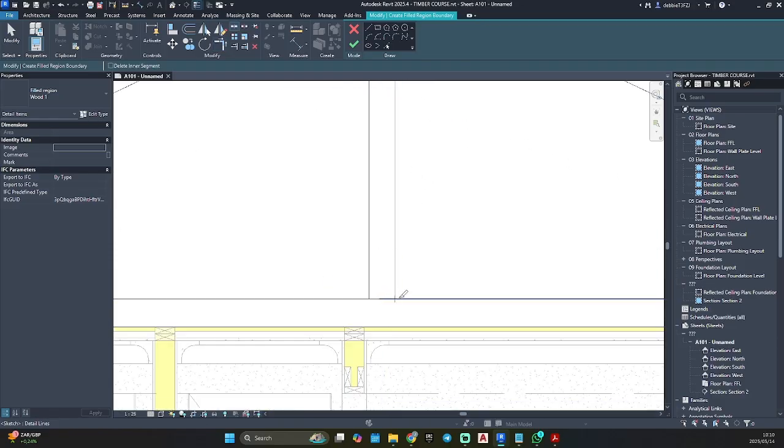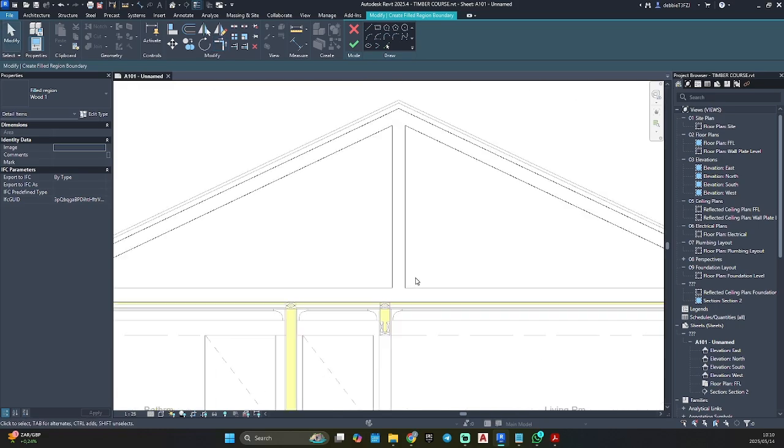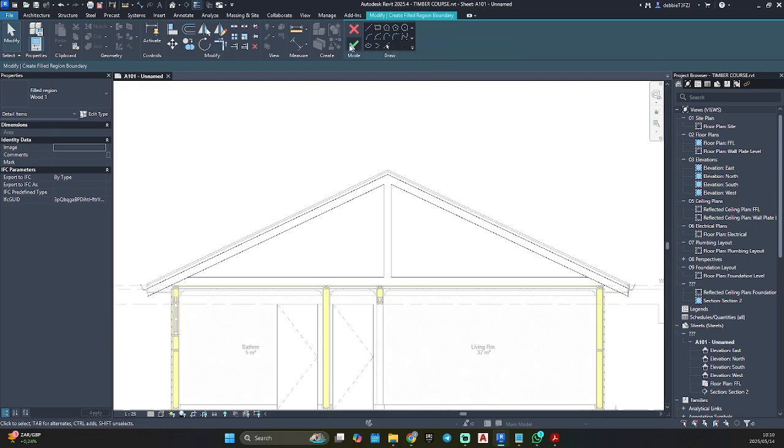SL to split the line here at the bottom, trim and extend. Let's connect it like that. Let's split the lines there also, trim and extend.